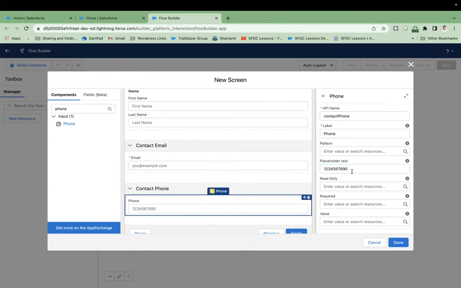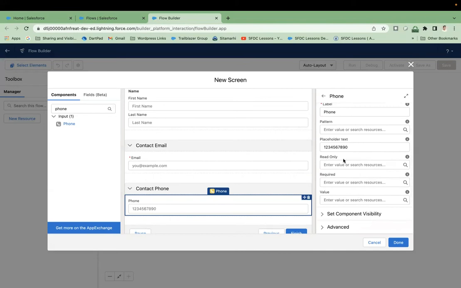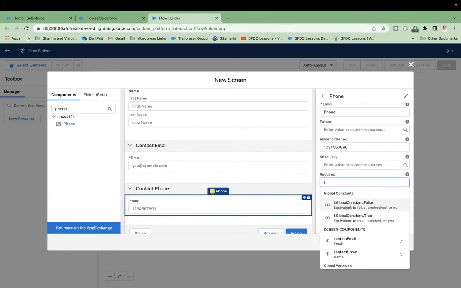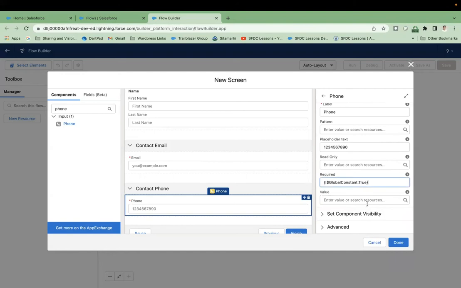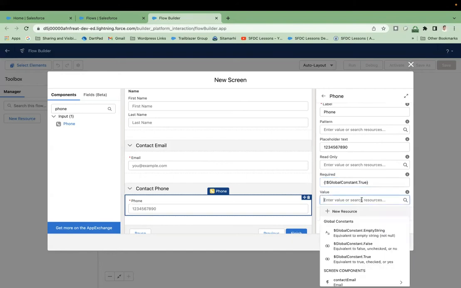Then you have this read only field, if you want to make it a read only field. If you want to make it a required field, you have to set it true. And if you want to put any default values, then you can put them here in this field. Okay,